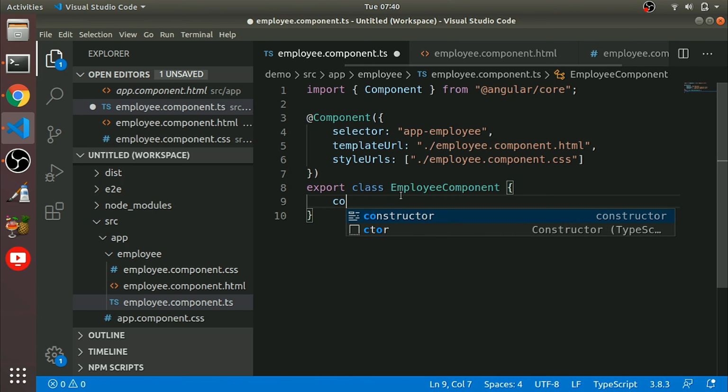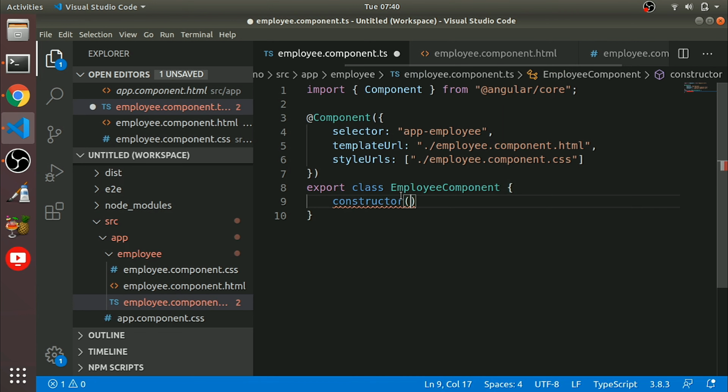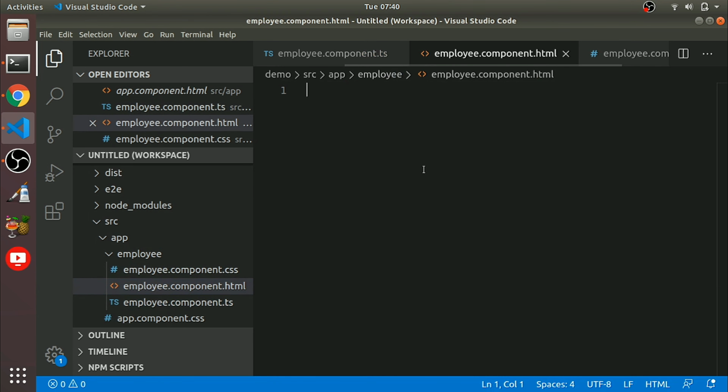So let's add a constructor here. It will be like this. Let's open our HTML and put something like child component.